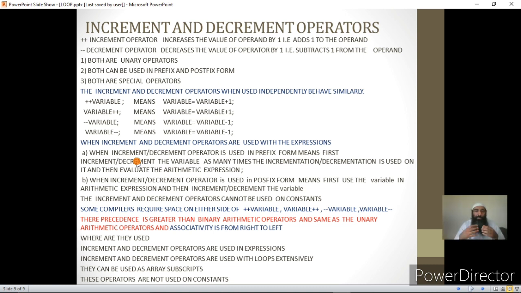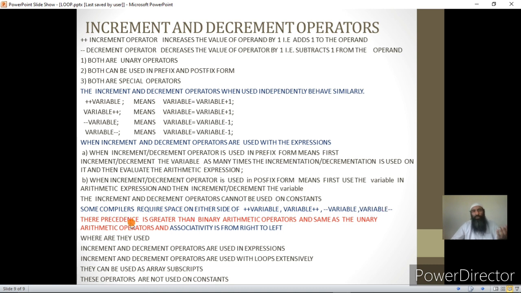Now, another important point that I have already clarified: some compilers require space on either side of the variable which has used an increment operator in prefix or postfix form, or a decrement operator in prefix or postfix form. I have shown it, otherwise it generates errors.